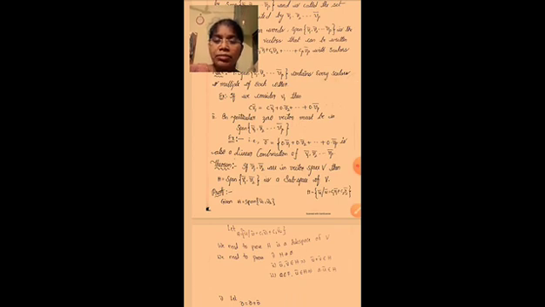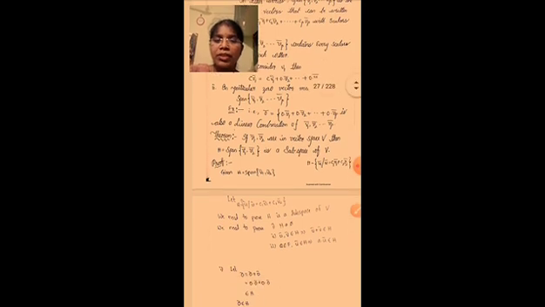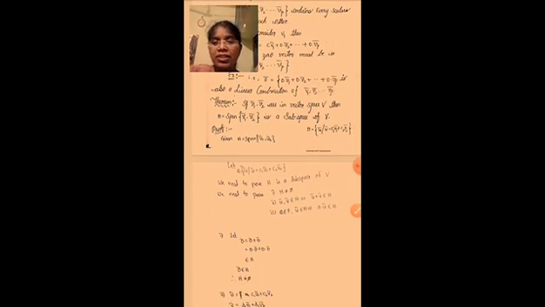In particular, the 0 vector must be in the span of v1 bar, v2 bar, dash dash dash, vp bar. Compulsory. In particular, the 0 vector must be in the span of v1 bar, v2 bar, up to vp bar. Okay, for example, 0 bar is equal to 0 into v1 bar plus 0 into v2 bar plus and so on 0 into vp bar, which is also a linear combination of v1 bar, v2 bar, dash dash dash, vp bar. So compulsorily the 0 vector must be in the span of v1 bar, v2 bar, dash dash dash, vp bar. Okay.